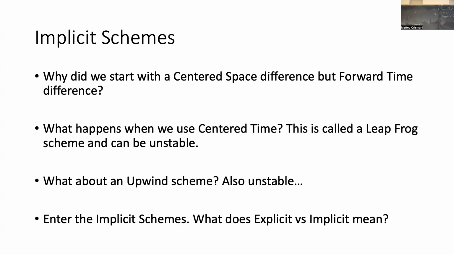You can do something called an upwind scheme. You can look at the flow in the direction of motion, and you can take the derivatives with respect to the direction of motion. They're also unstable. And so you're thinking to yourself, well, that's really stupid. Why would I take this class if everything's unstable? But there's a major problem. We've been doing all this with what I call explicit schemes, and I want to be implicit with my work. So what does that mean?